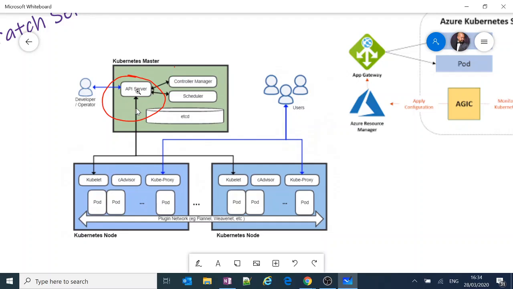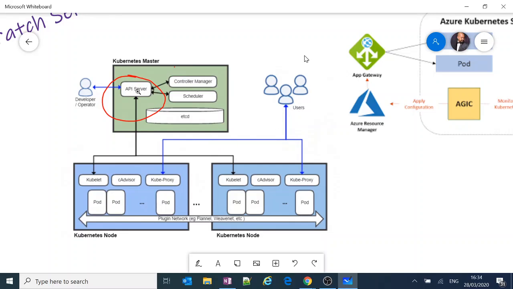So the Kubernetes master we're talking about: the developers, admins, or operators would interact with the API server, and the API server will have something called the controller manager, the scheduler, and an etcd storage, where the context about the developer information, who is interacting with the cluster, would be stored for future purposes, like setting up sessions, frequent sessions, and other things. And this particular portion is called the control plane, because you do a lot of control of your nodes and pods via this control plane.